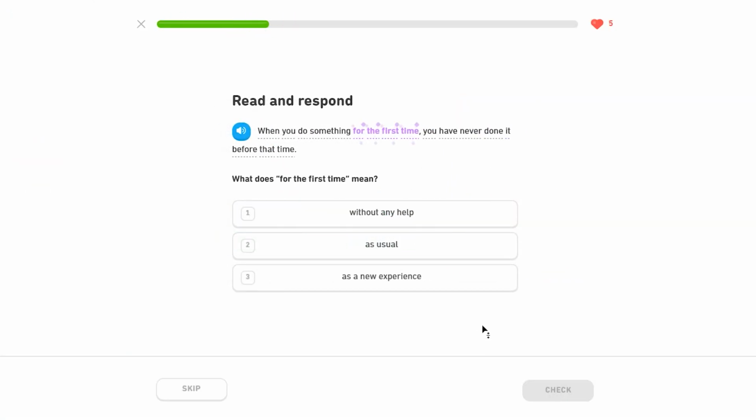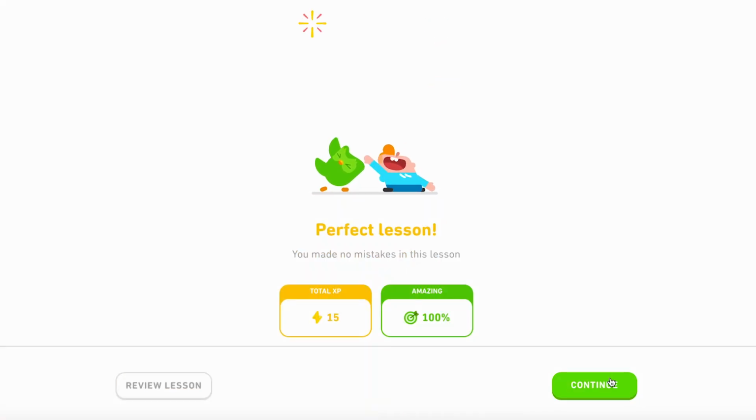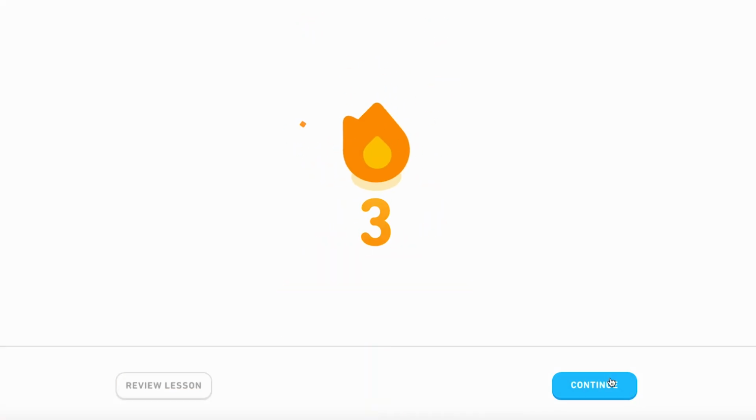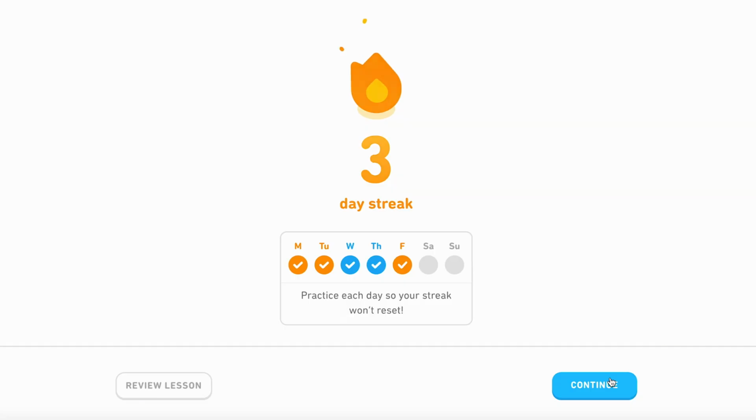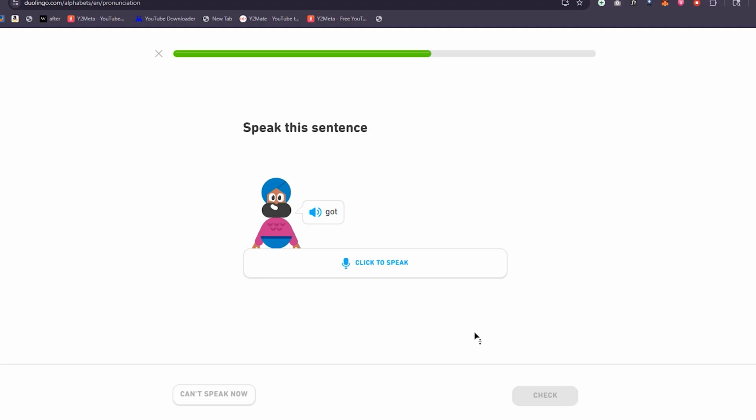The activities that you'll complete are fun, colorful, and help keep you engaged and motivated. If you want to keep a winning streak, which Duo aggressively suggests that you do, you'll have to practice every day, which is a great way to stay consistent and make steady progress, even with just 5 minutes or 10 minutes a day. The short lessons cover vocabulary and grammar, and the voice recognition software lets you practice speaking and